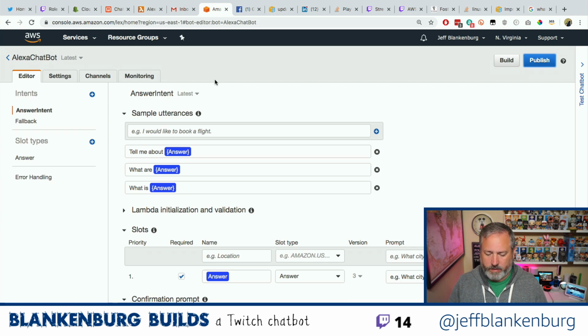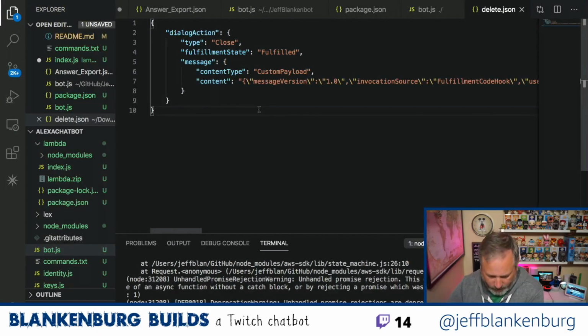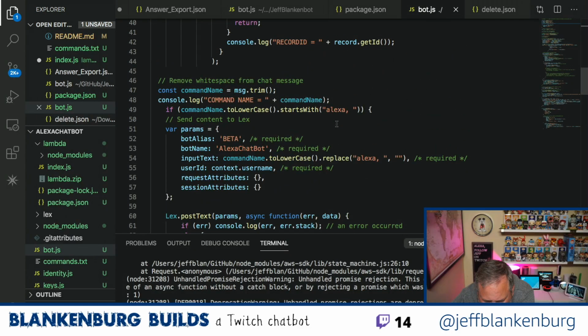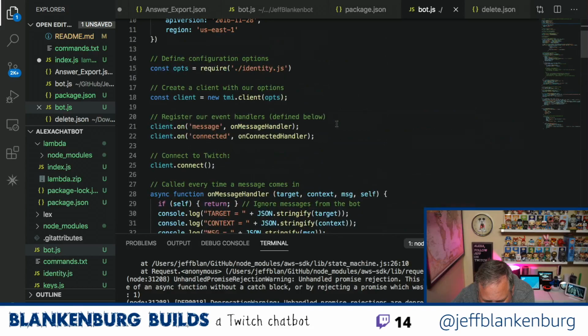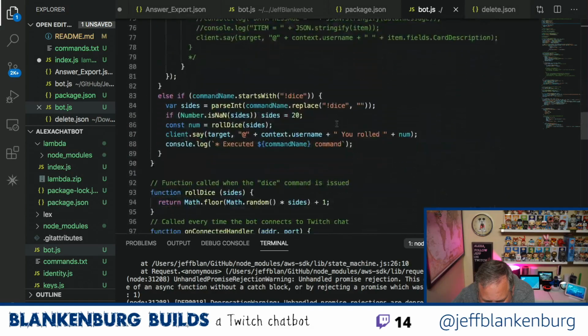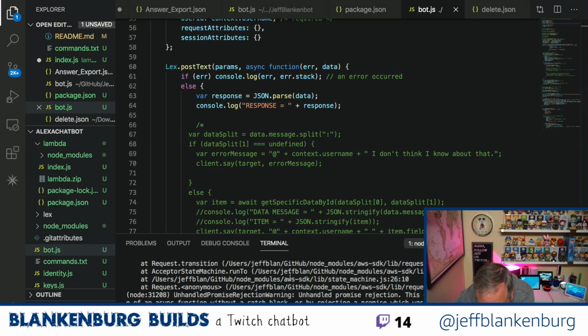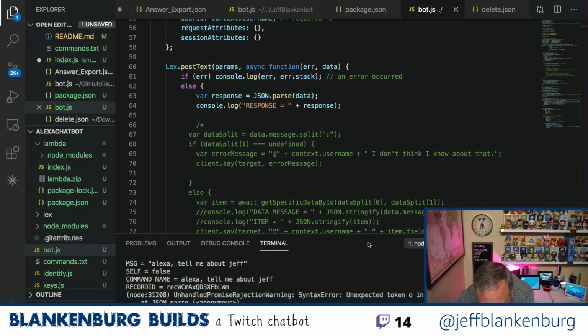So the thing that we're running into, if I come back here, is if I look at my bot, I don't know what the issue is. We're running into an issue on line 63.